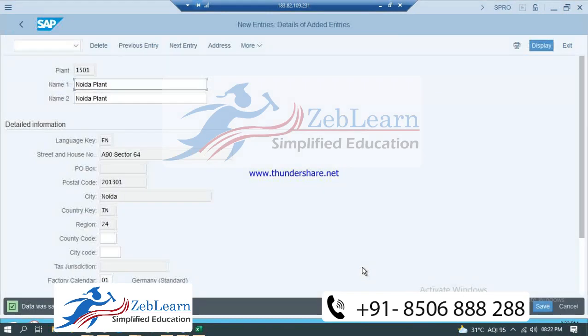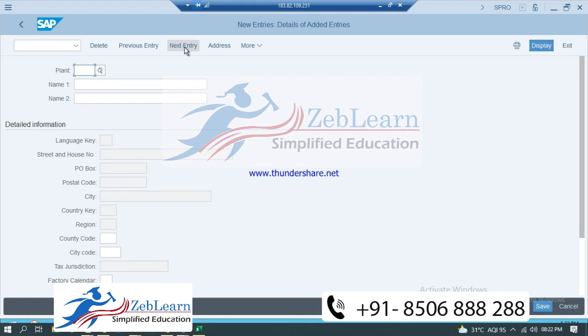Then put a down arrow and write next entry, because I am defining one more plant. We'll be defining 2 plants for practice. As many plants as you want to add, you can do by doing next entry. So I am adding a second plant by doing next entry.